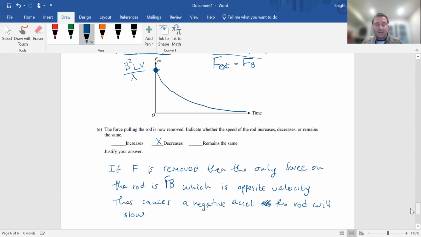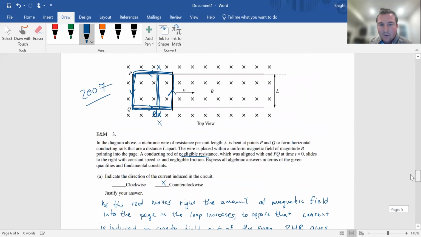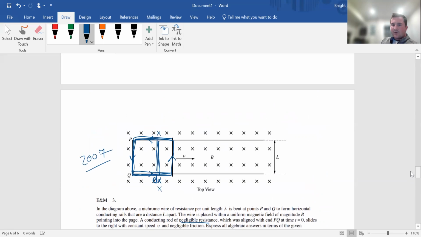The force pulling the rod is now removed. Indicate whether the speed of the rod increases, decreases, or remains the same. Speed has to decrease. If you remove that external force, the only force acting on the rod is our magnetic force. Magnetic force, if we check up here, if we use our right hand rule, right, velocity this way, magnetic field,